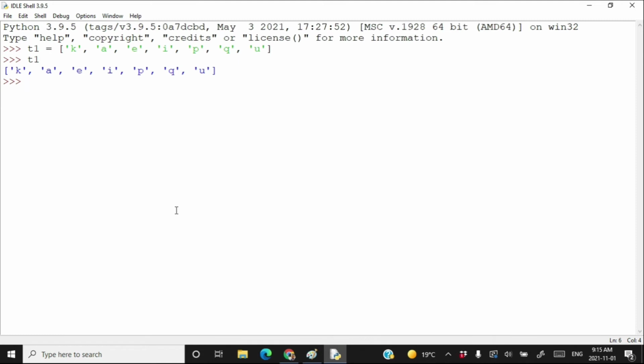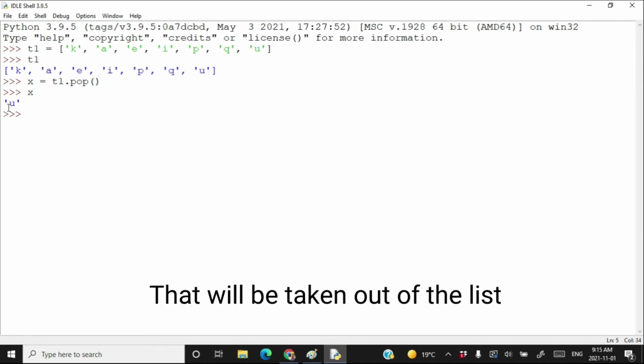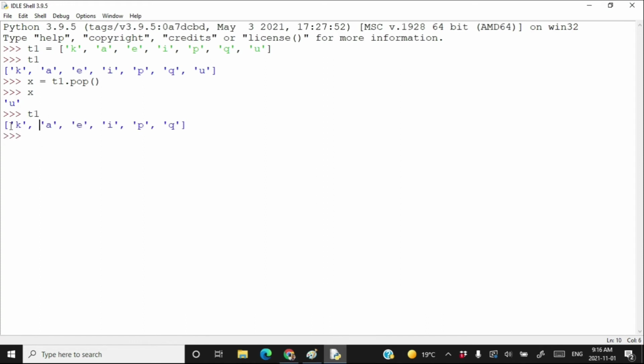If I write x is equal to T1 dot pop, then whatever element was the last element in the list will be popped out, meaning it will be taken out from the list. As you can see here, the element u is no longer in the list. The element u has been taken out from the list and stored in the variable x. This is called the pop method.